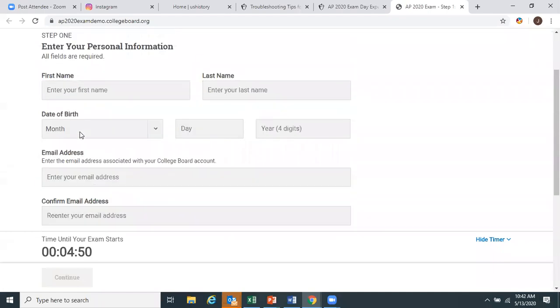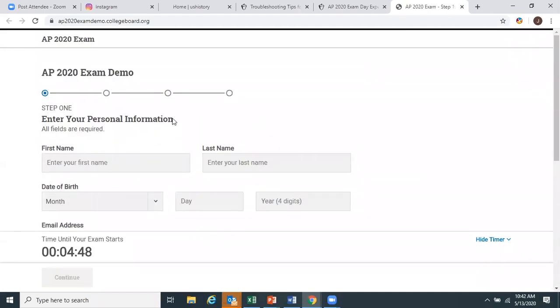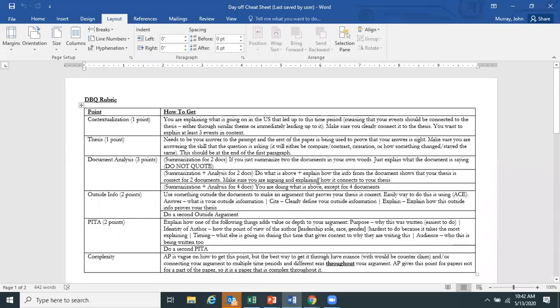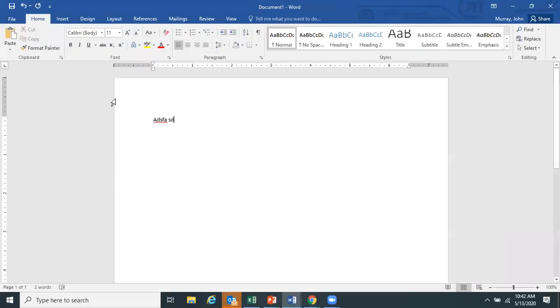This is kind of show you what the AP exam is going to look like once you open it up. Now, it's not going to have the documents or anything like that, but if you, for example, want to see, can I submit pictures from my phone? Is my phone good? You can do this on your phone and then try to upload a picture, and it should tell you if the picture is good or not. Or if you just want to practice being in a Word document and copying and pasting things from a Word document,